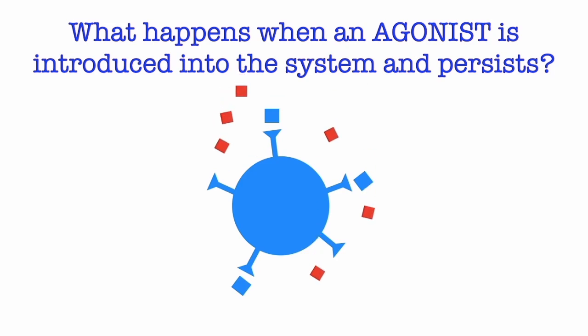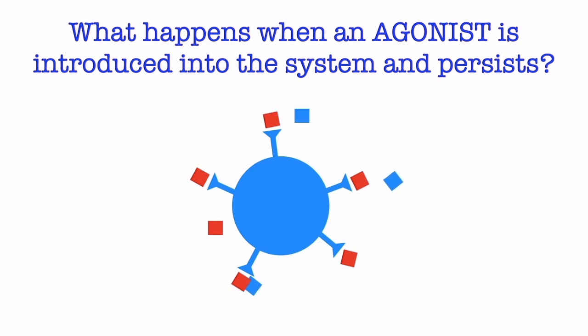Then suddenly an agonist is introduced, which looks structurally similar, therefore it fits into the receptor and it binds. And because it's an agonist, it activates the receptors as the natural ligand did. The catch, though, is that there is entirely too much of it activating more receptors than usual. The only way the cells know how to deal with this problem is by